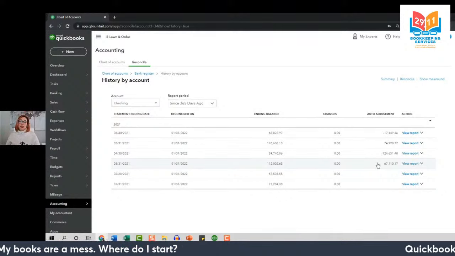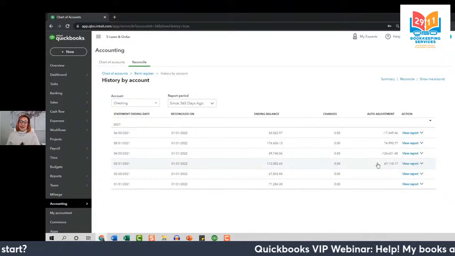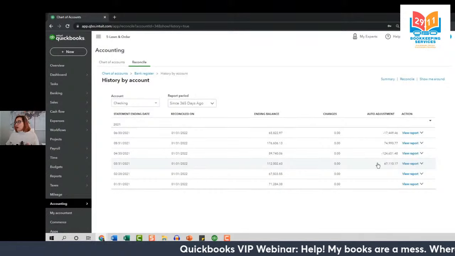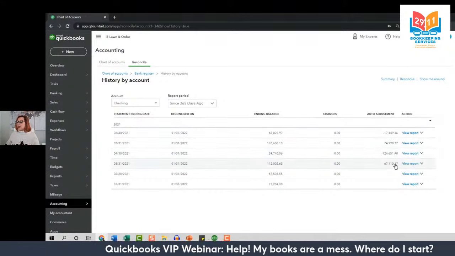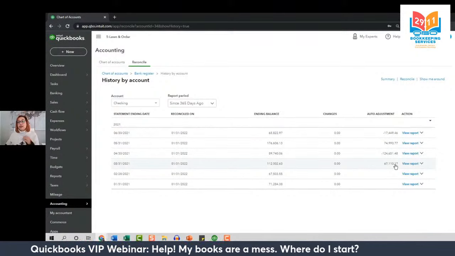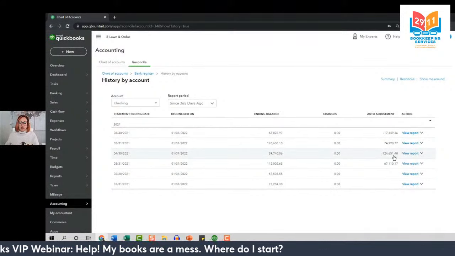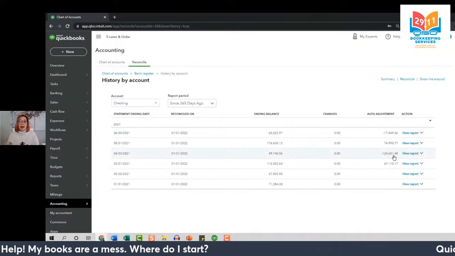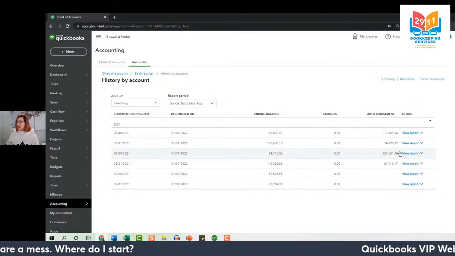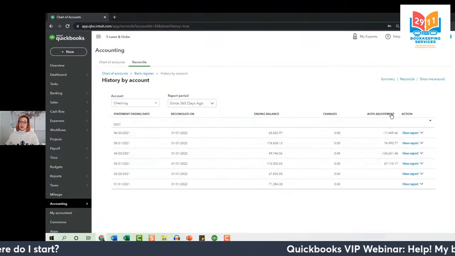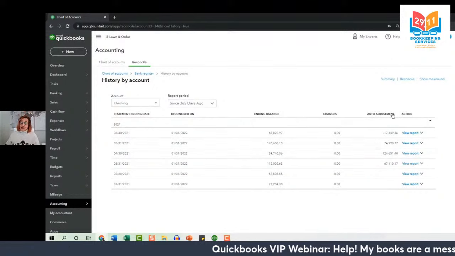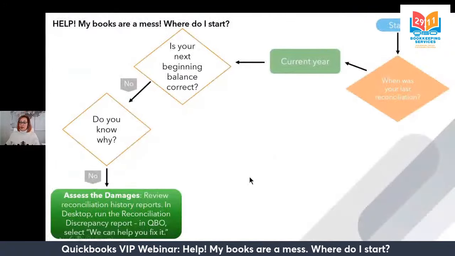If you have an adjustment to correct a penny, okay, maybe you can talk about that with your accountant. But I have 4 adjustments, and all of them are in the tens of thousands of dollars. This one's over $100,000. So what happened? What was going on there? This is the sign, as we're assessing the damage, that there's a lot going on behind the scenes, and it might not all be fixable.